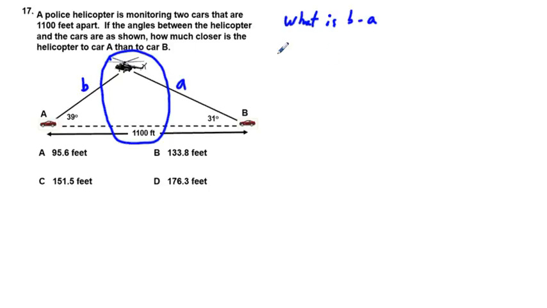We can find that angle, which we'll call angle C, because it equals 180 degrees minus angle A, which is 39 degrees, minus angle B, which is 31 degrees. 39 plus 31 is 70, so that's 110 degrees. So C equals